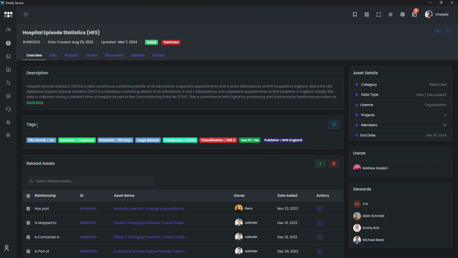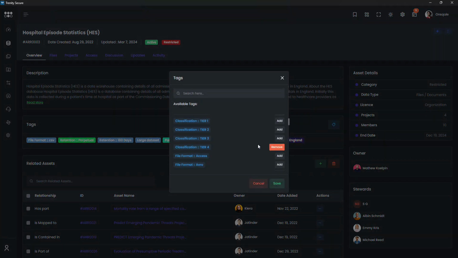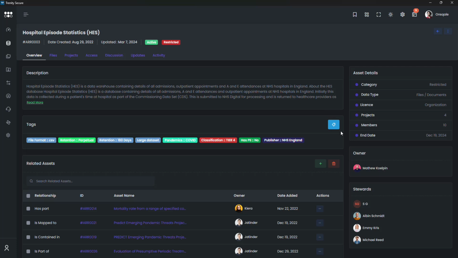So I'm going to go to the tags now. I want to talk about the tags. So here you can come in and add various tags to your asset. And the way we do it is we have things called scope tags, which are dynamic tags that you can add conditions to. So say you're the admin or the data manager for this organization, and you want every asset